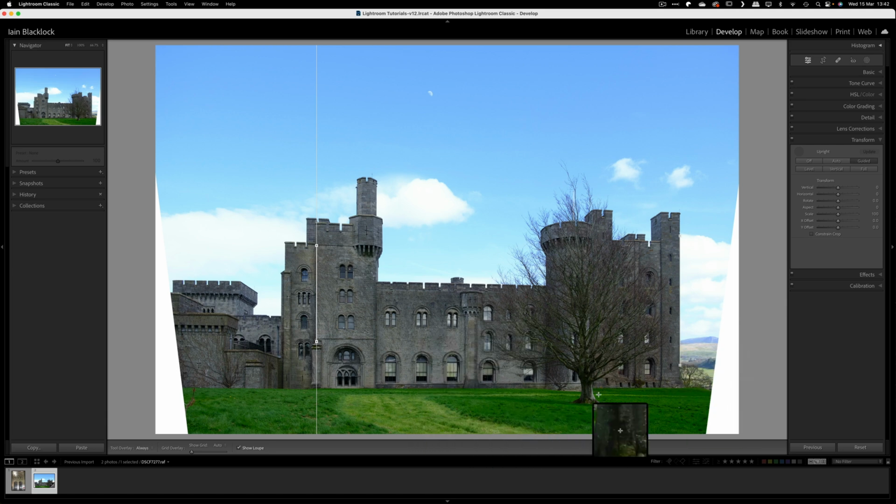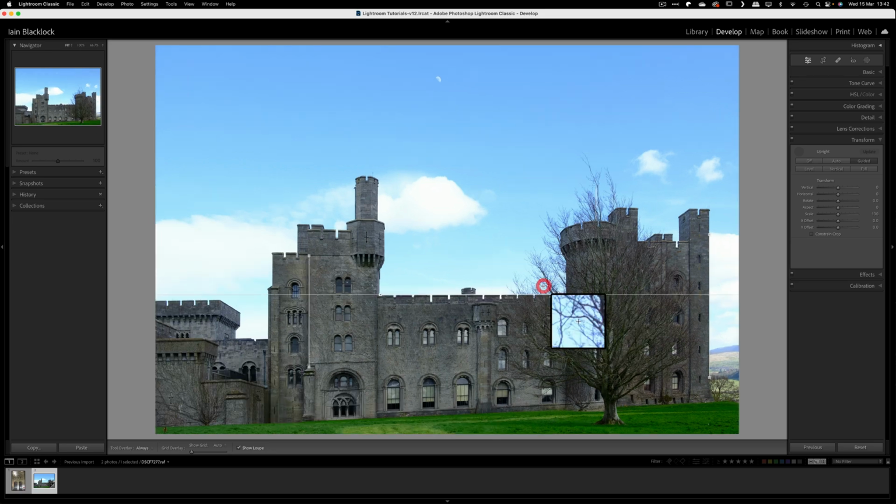We established earlier that when we did auto it used this kind of grass line probably as our horizon, but this line here is actually slightly off as well. If we address this one first, what I can actually do is draw a horizontal line here so that Lightroom attempts to level that up for us. And there we go. It looks a little bit weird, but